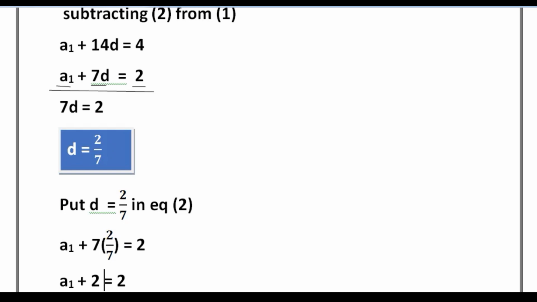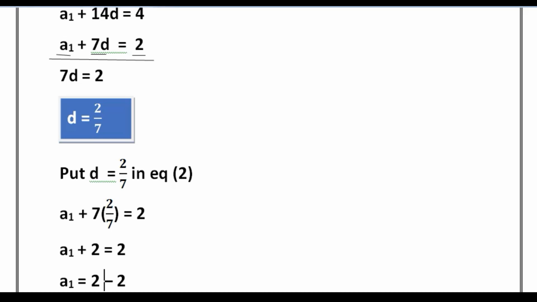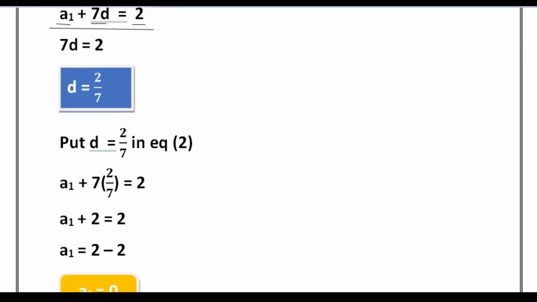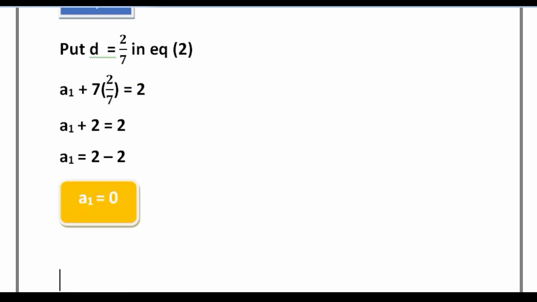Next, put d is equal to 2 divided by 7 in equation 2. So a1 plus 7 into 2 divided by 7 is equal to 2. So 7 and 7 cancel, a1 plus 2 is equal to 2. So a1 is equal to 2 minus 2, a1 is equal to 0. So next,